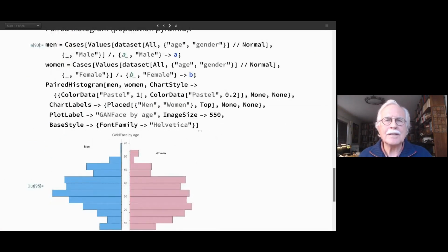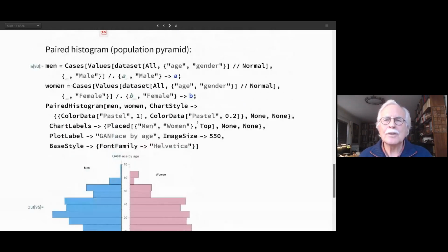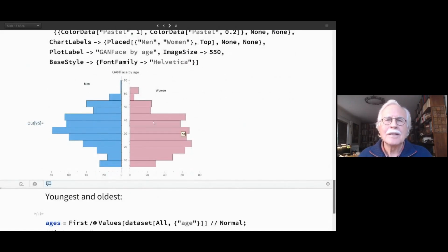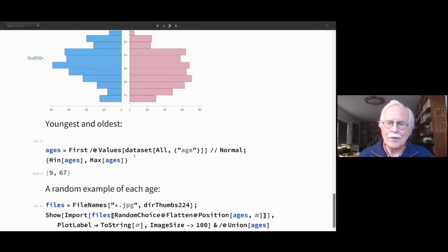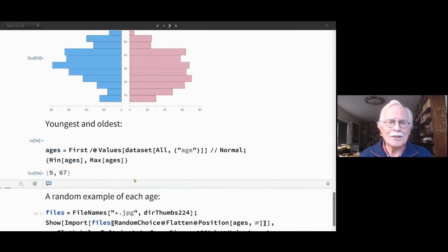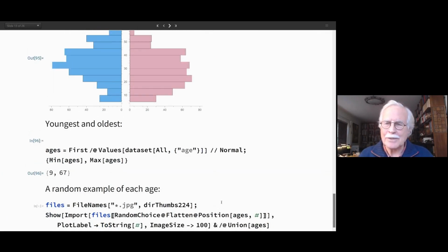If I make a paired histogram, and you look at the different cases, all this code is available in the handout. You see the nice distribution of, in this case, the women and the men. It's interesting that we had a little bit more younger women in this set than younger men. Okay, if we look at the oldest and the youngest, 9 and 67, and look at a random sample of each,